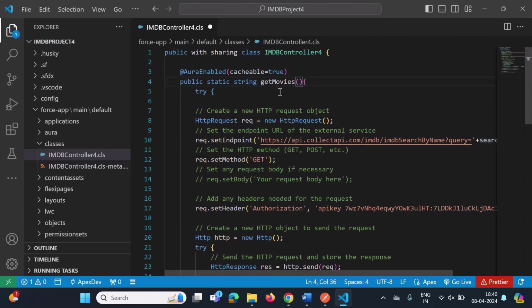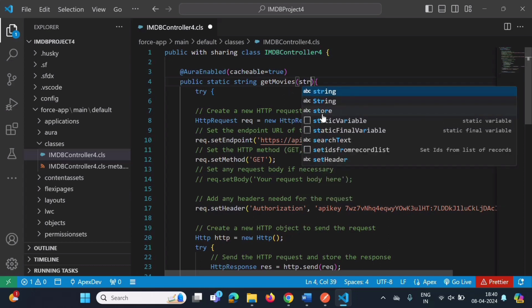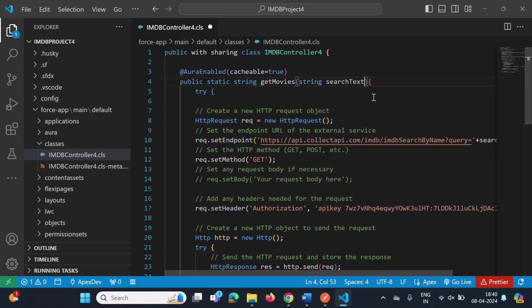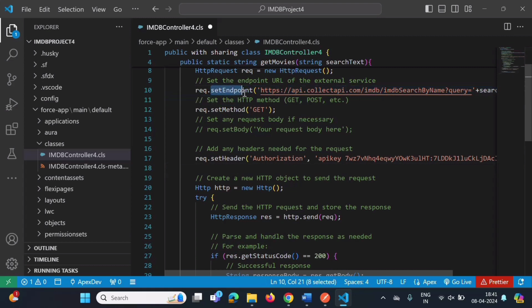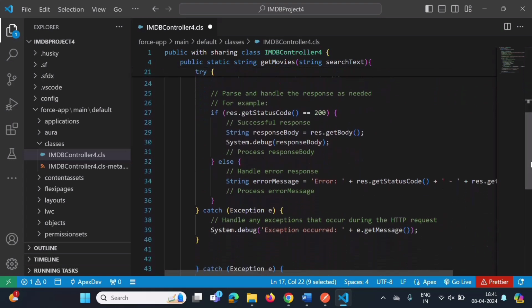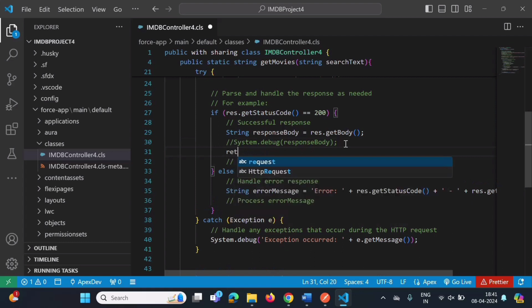So see, that value we will get from the user, from the LWC component, right? So see, here for get movies we are adding one parameter. So see, string and search text. This value for the search text will get from the LWC component, from the user, from the search bar. So see, this is set endpoint method. Then we have set method, right? Then we have set header method. So see, all these method calls will keep as it is. Now scroll down. Instead of printing response body, what we will do, we will return this response body to LWC component, right? So see, we'll comment this and here we'll add return this response body